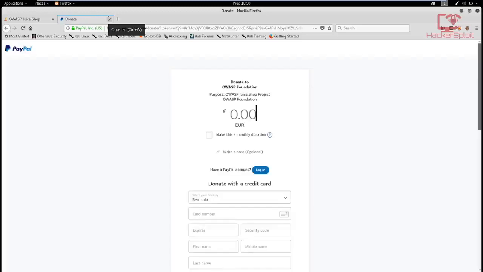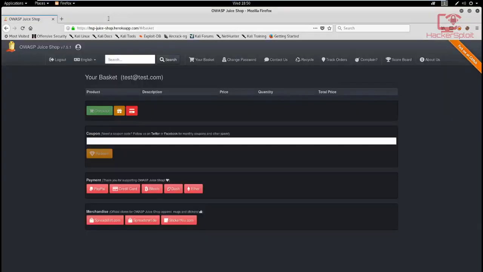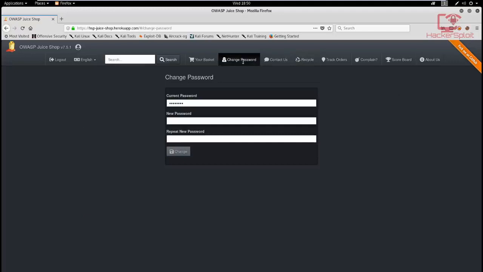Let's just see if that is correct. Yeah, so if you want to support the project, you can donate to them. It's a really great project. I really do recommend that if you can, you do so. So you can change your password, which is awesome. I think we also took a look at this and how to change it using